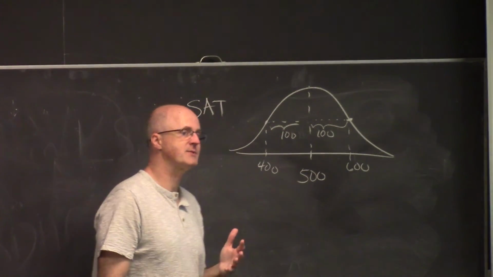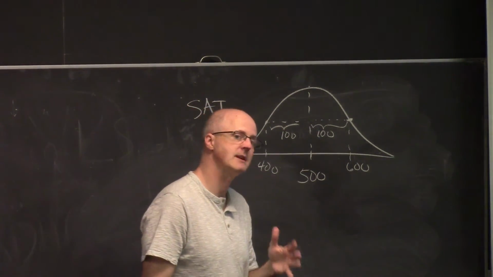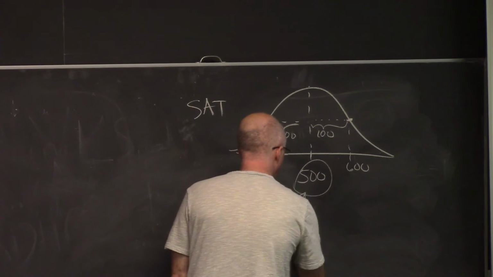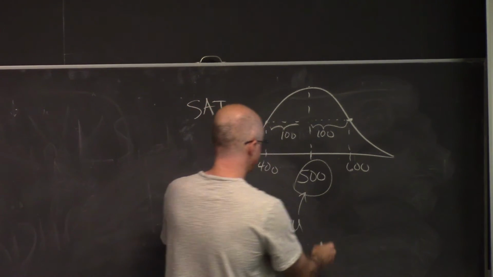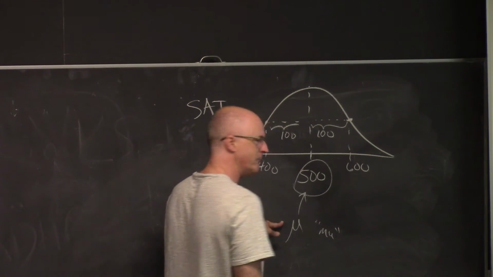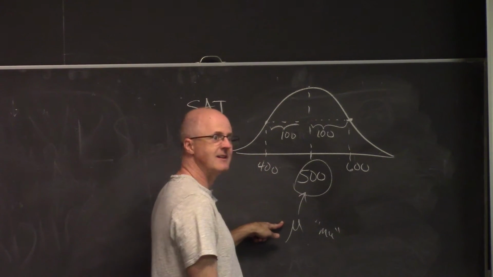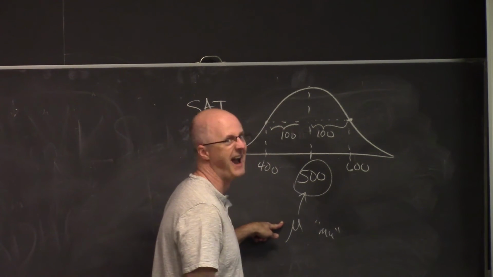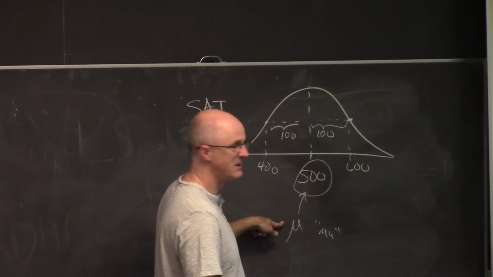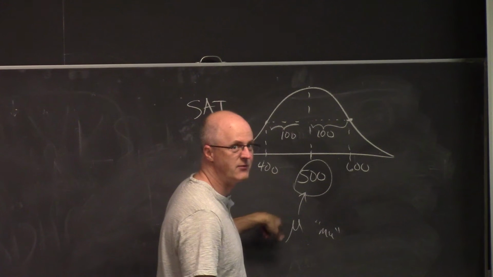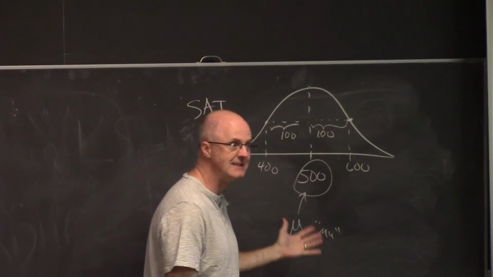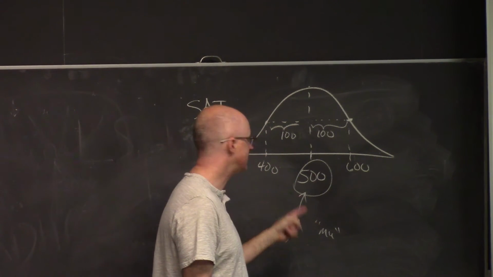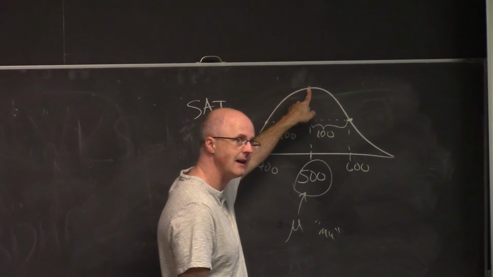There are symbols for the mean and standard deviation here that are different than the symbols I've talked about so far. The mean is denoted with the Greek letter mu, and it looks like that. That's called a mu. It's a great Greek letter. Why do we call it mu? I guess it looks kind of like an M and kind of like a U, so we call it mu. Actually, I don't know if that's the real reason, but I like to pretend it's the reason. Mu is the Greek version of M, actually. It stands for mean of a density curve. And every density curve actually has a mean. Because the normal curve is symmetric, the mean is centered where the peak is, in the middle of the symmetry.